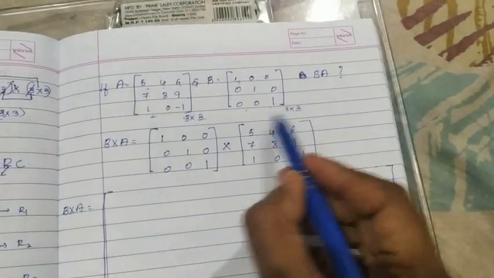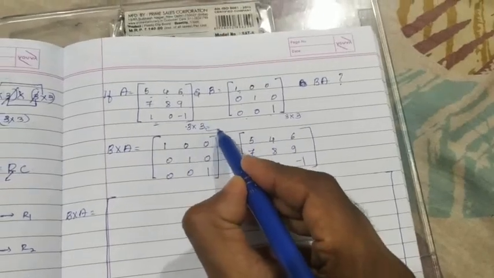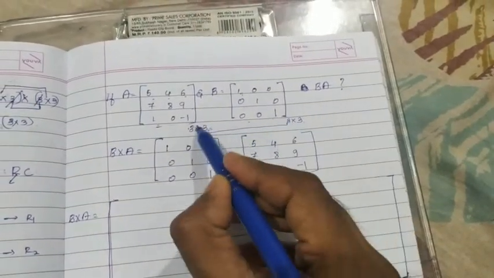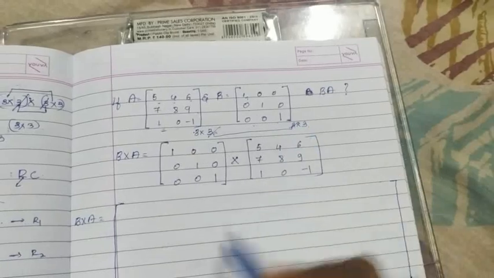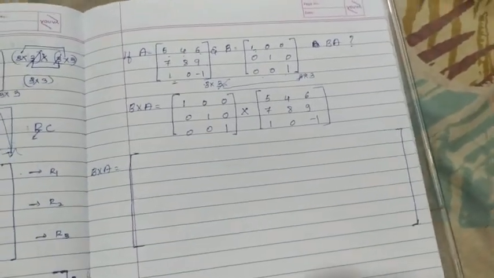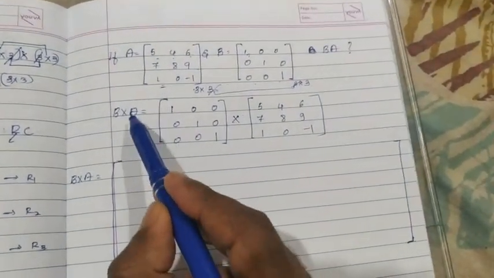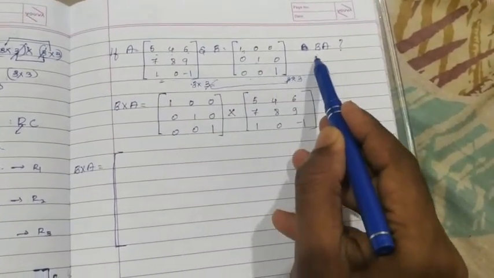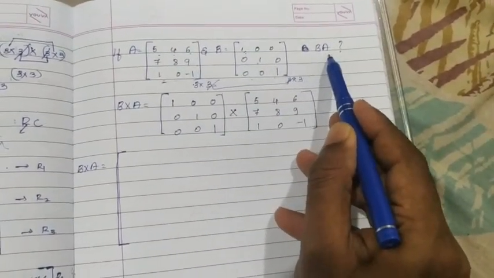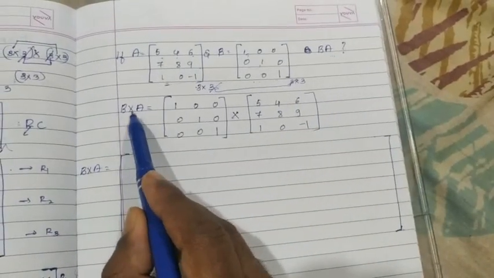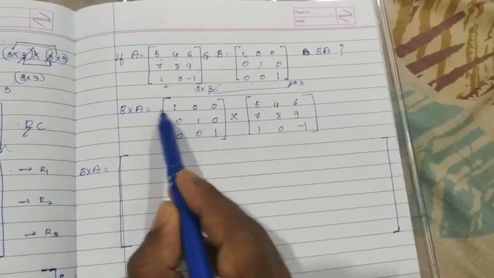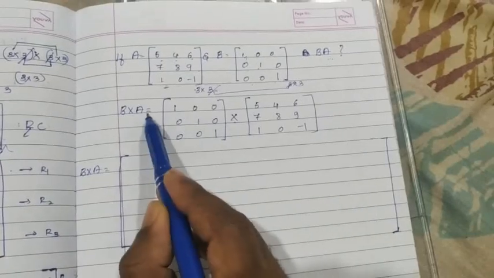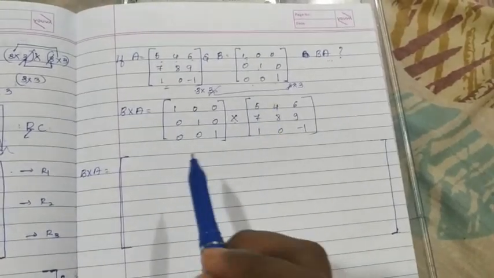Got it? Now, is it applicable or not? Because both are the same order, we can cancel, and at the end again we get 3 rows, 3 columns. So what do we have to find out? If A and B are matrices, we have to find BA. BA means B into A. So B into A is equal to matrix B, which I have written, into, where I kept the sign, and one more is A, which I have written here.